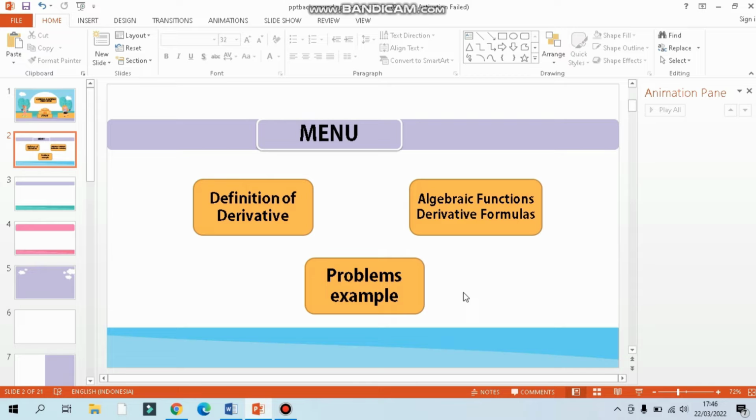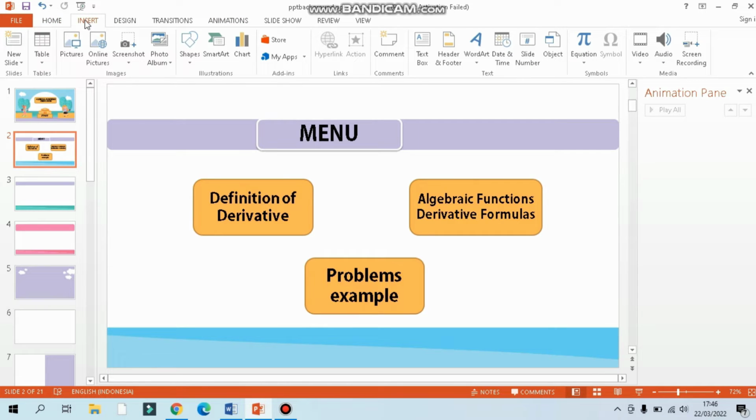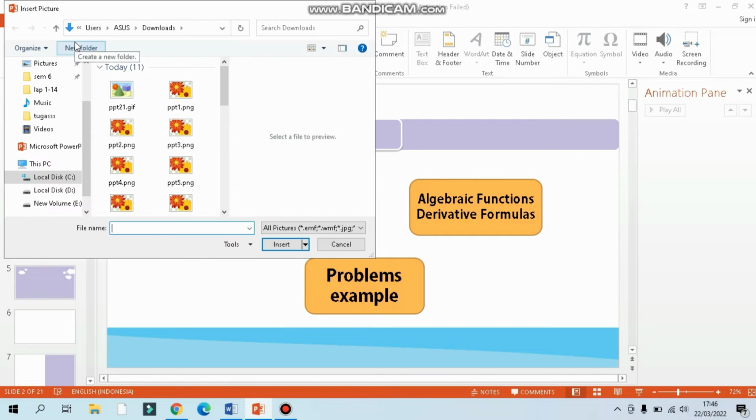Okay, we can add icons to make the interactive PPT more beautiful. We can click insert and then pictures. In our computer, we can get pictures that we already downloaded from Google to have more icons.